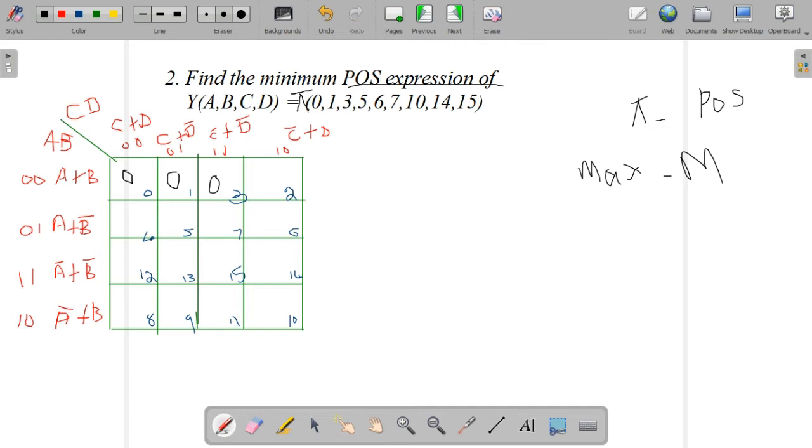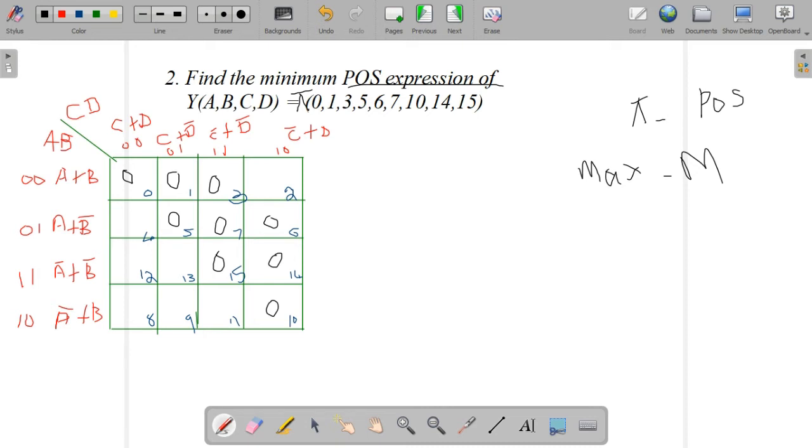0, another one, 0, 5, 5, yes, 5 here, 6, 6, 7, 7 is okay, then 10, where is 10? It is in the corner, last one, 10, 14, 14 and 15. Okay, so now we have filled those values, the respective min term designation numbers, squares with the particular value, that is the 0 value we have placed it.